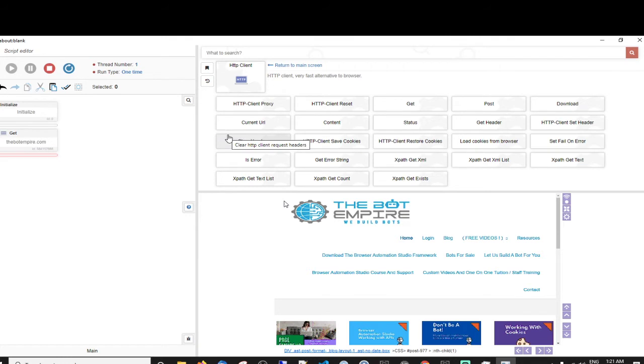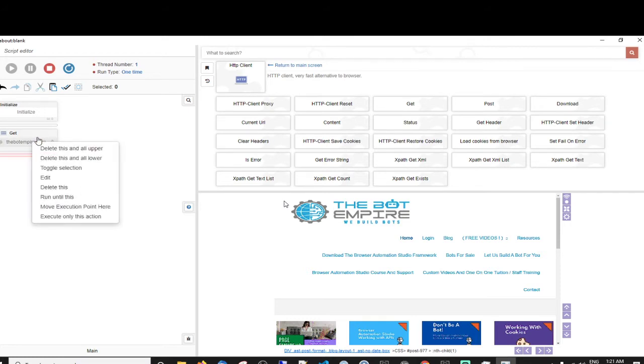I go over this in the course, and there's lots of free videos and content on the channel on how to use this in more depth. That's the basics of it. The beauty of using requests is that you can run hundreds, if not thousands, of threads, whereas the browser takes up a lot of RAM and CPU when you're botting. So that's that. Let's delete this.